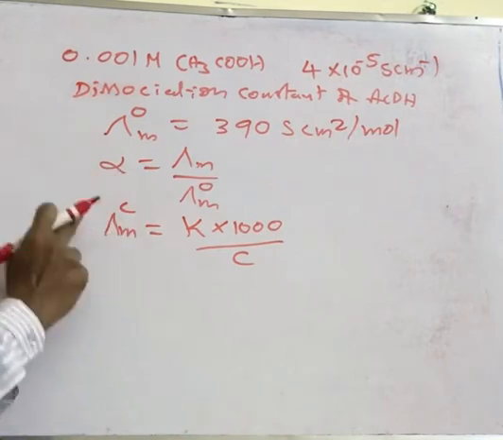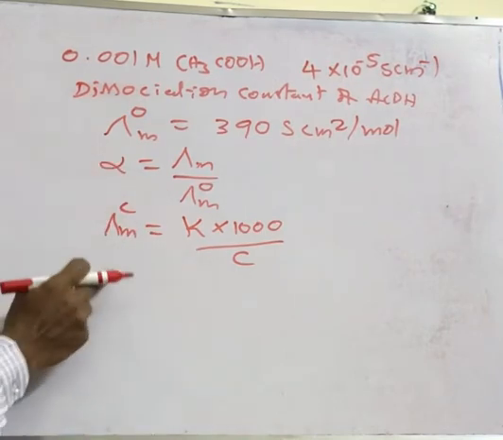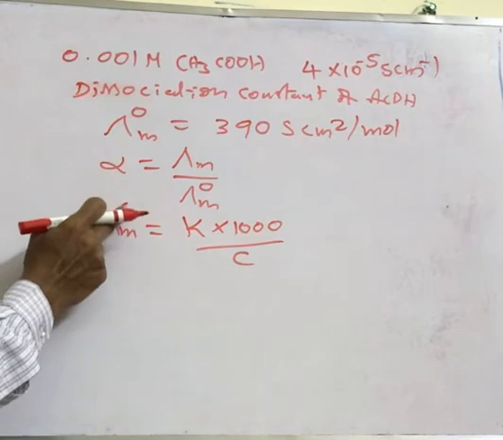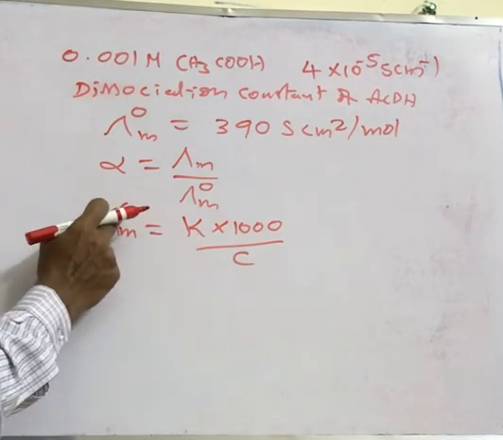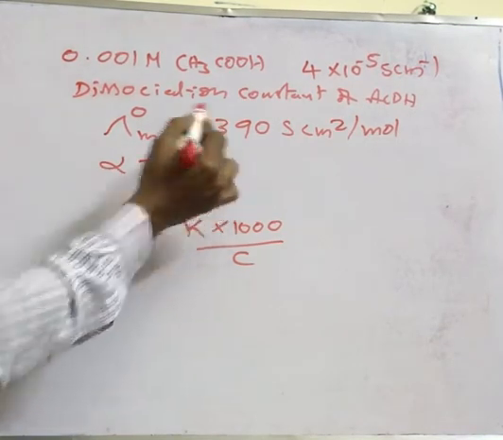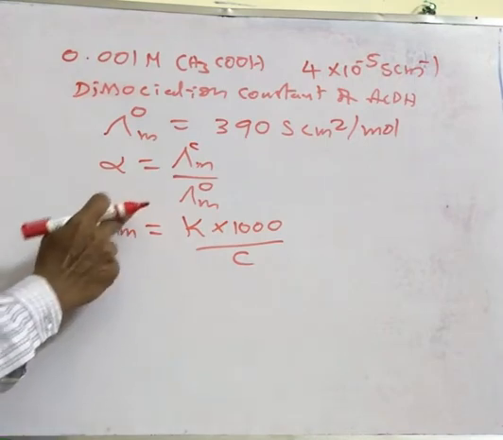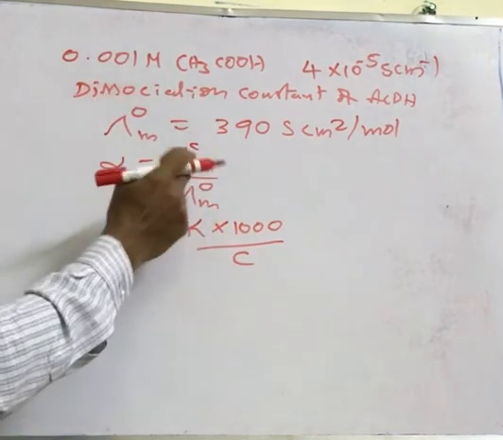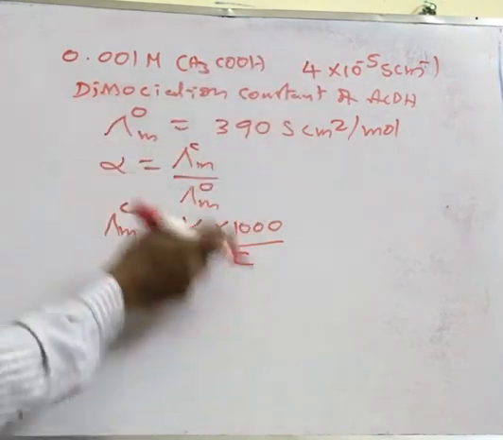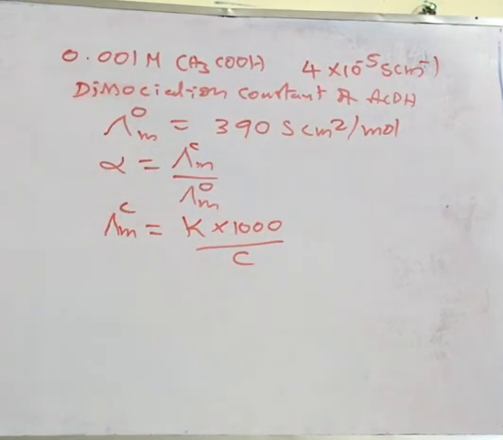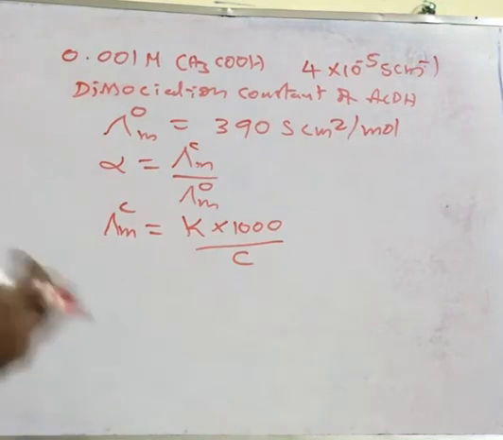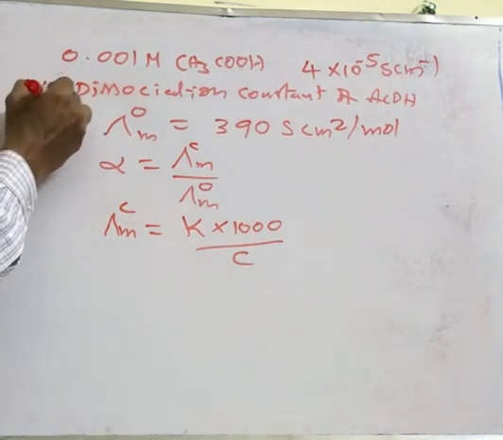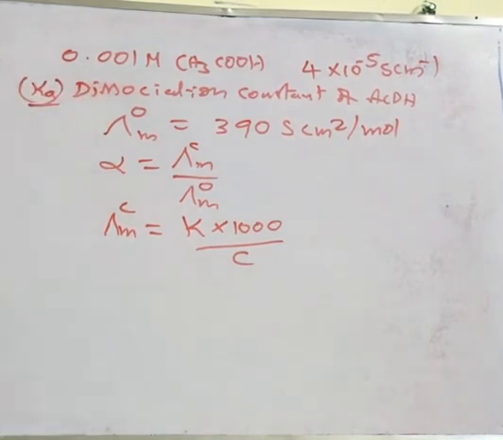If this is known, we will go through it anyhow, then you can better understand. So now I require lambda mc, that is the molar conductivity at a concentration C. You can write it as K into 1000 by C. You have the K value, which was given, and 1000, and the C value was given. Using that we can get lambda m. Once you know this, then you can use that particular equation for the degree of dissociation to get Ka. So we will tell how to do that.